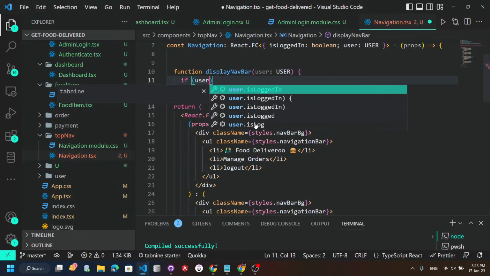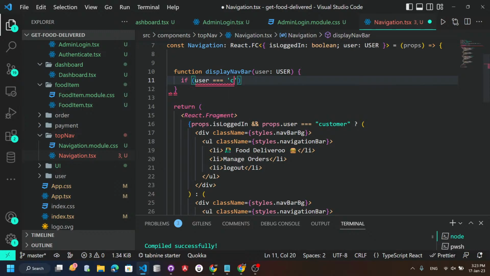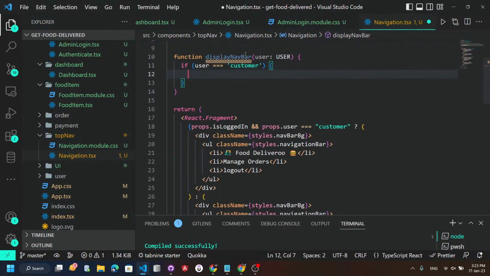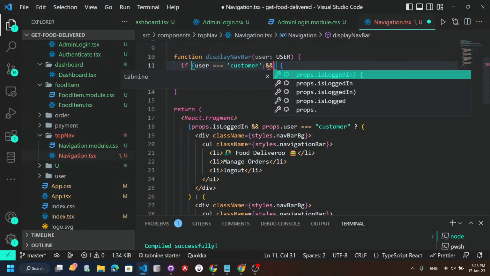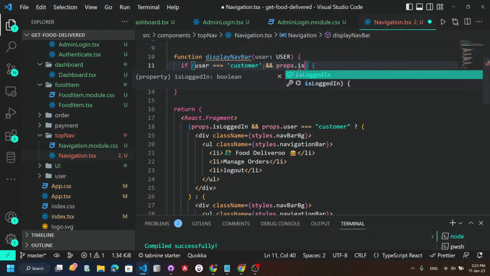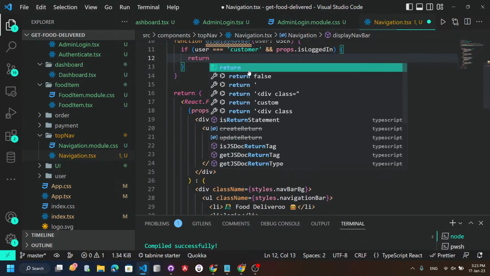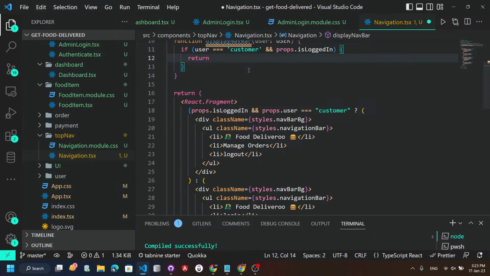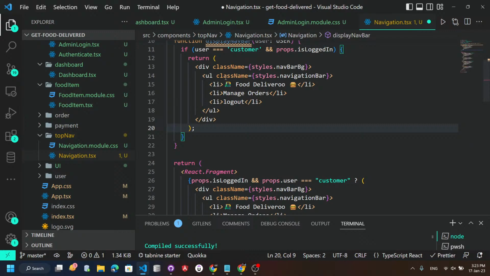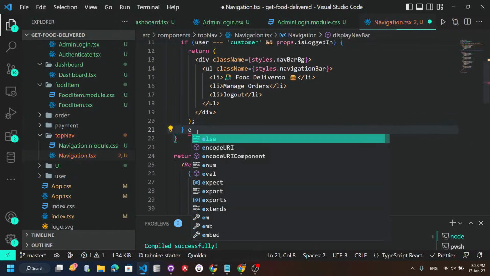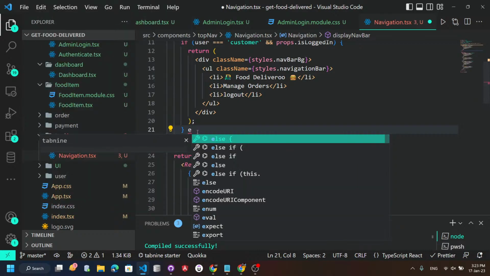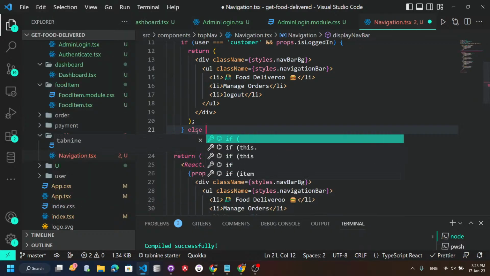if यूजर इज इक्वल टू कस्टमर, ओके, कस्टमर एंड props.isLoggedIn, मतलब वो लॉग्ड इन है, तो मैं रिटर्न करूँगा। क्या रिटर्न करूँगा मैं? ये वाला अपना पार्ट पूरा, मैं ये रिटर्न करूँगा। एल्स,